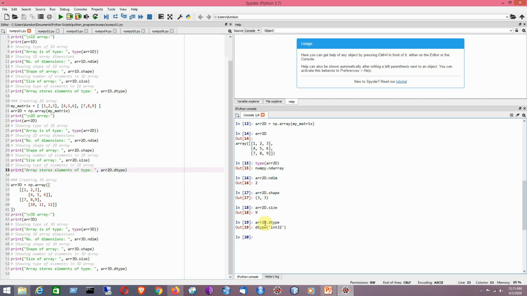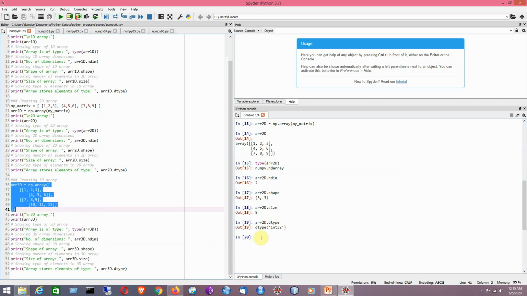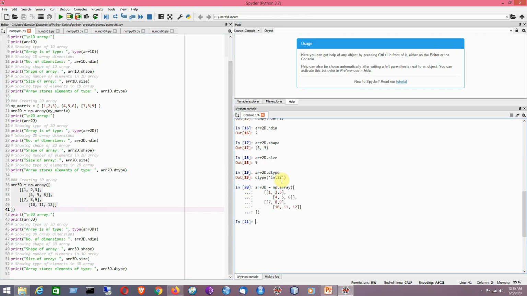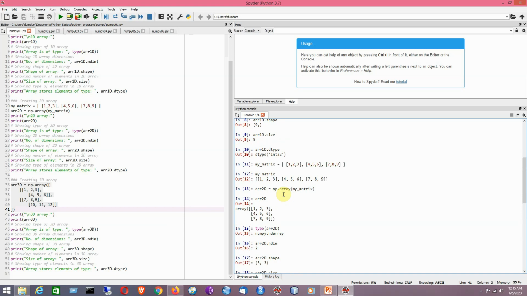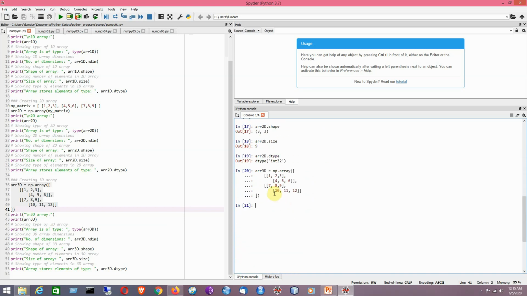Now I am going to create a three-dimensional array using the same logic that I followed in the earlier cases. First I need to create a list. I think you can now understand that all of these are basically nested lists. Whether you are going to create a two-dimensional or three-dimensional array, first you need to create a nested list. Same kind of logic I have performed here also. So I have taken a nested list here.